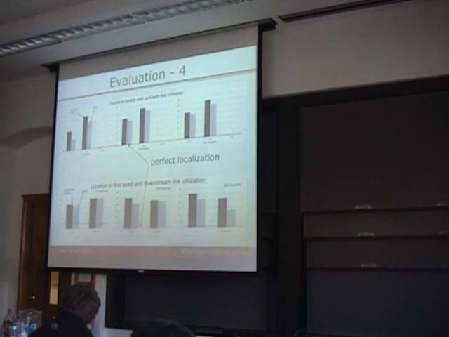In the second scenario, we looked at the factors that we saw accounting for most of the variability in downstream link utilization, which was the initial location of the seed. So we varied the location of the seed. In this case, link utilization is on the y-axis, and there's